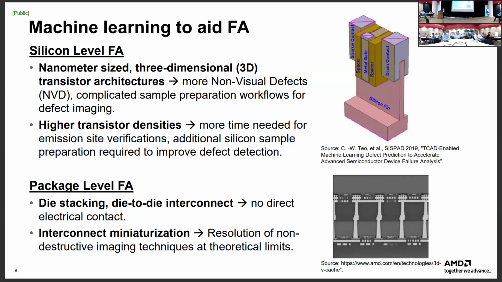These fail and are flagged out in functional tests. So again, how am I supposed to find the failing hybrid bond or TSV out of tens of thousands of them? Also, the interconnects are getting so small that sometimes even in the NDT, non-destructive imaging realm, it's getting harder and harder for us to actually visualize the defects that have become sub